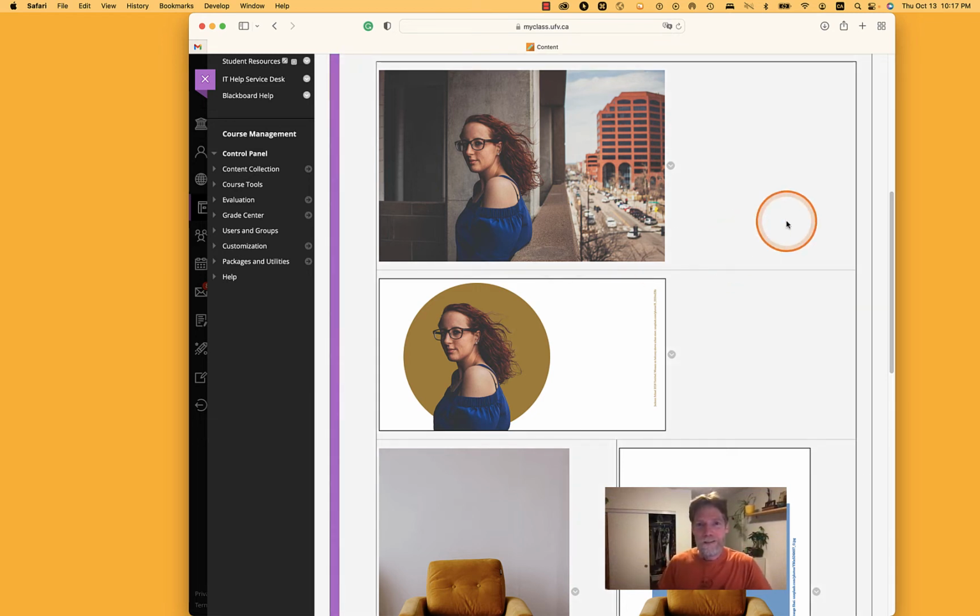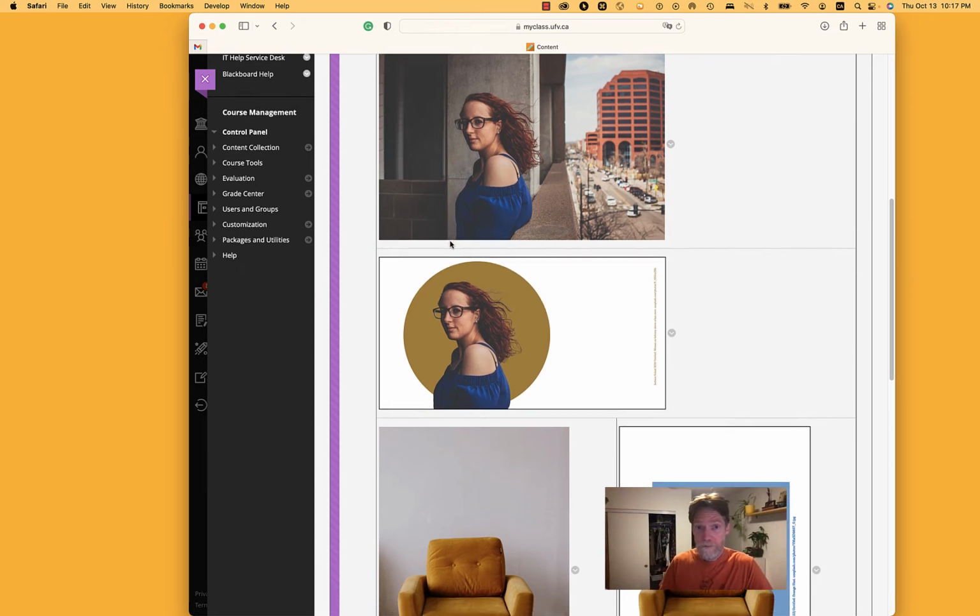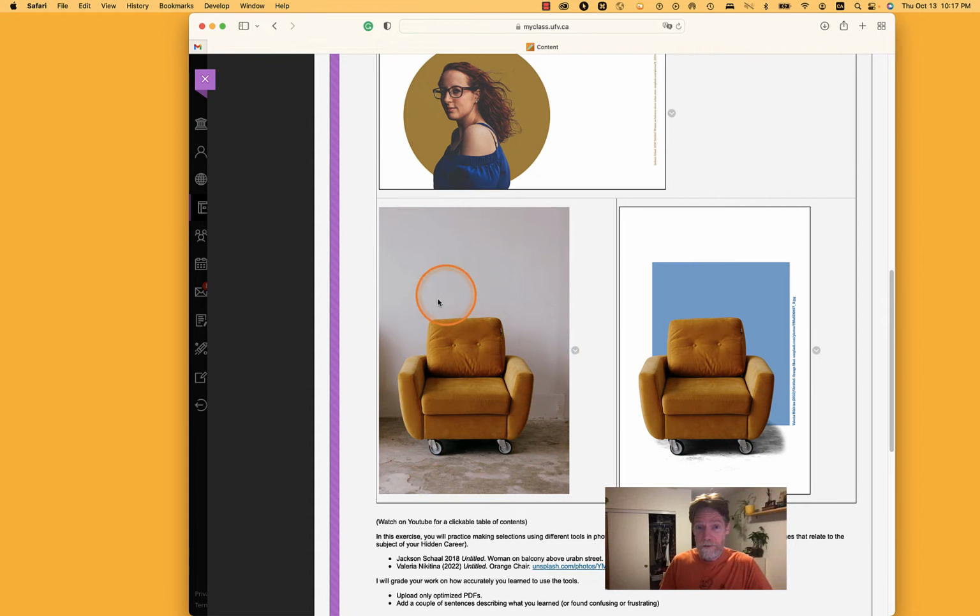Okay, for this exercise, you're going to be doing just two things. You're going to be close tooling an image of a human figure and an image of an object, so any object. So for this exercise, you're going to practice using the selection tools that you've learned how to use in class